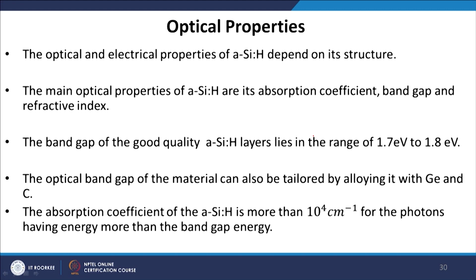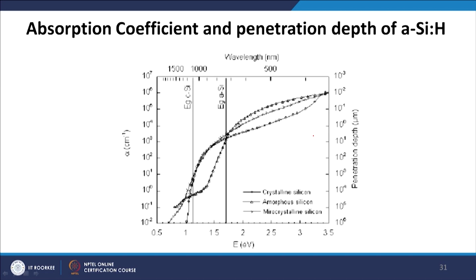The absorption coefficient of amorphous silicon is more than 10 to the power 4 per centimeter for photons having energy more than the band gap energy. Here we are showing the absorption coefficient and penetration depth of amorphous silicon. As you can see here, the y axis is the absorption coefficient and the x axis is the energy in electron volt. So, for a crystalline silicon solar cell, it is very straight, it does not change, but for the amorphous silicon solar cell,